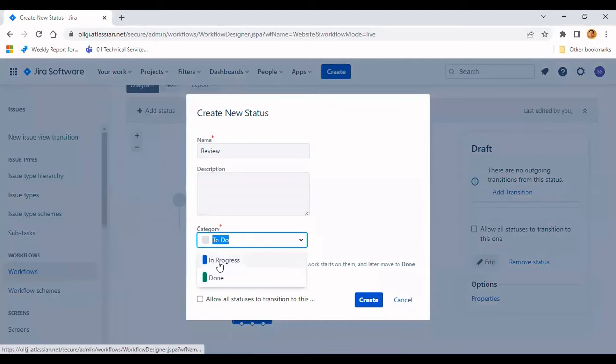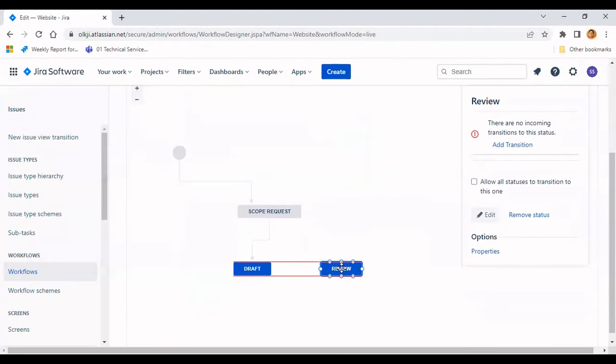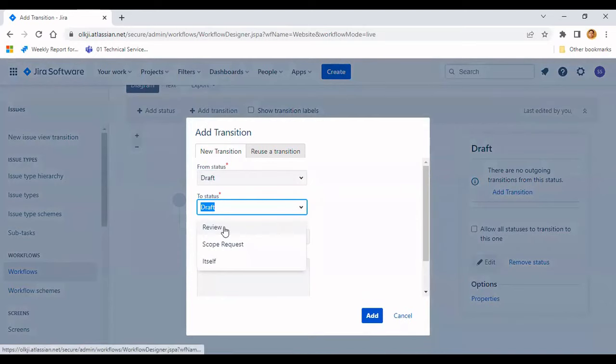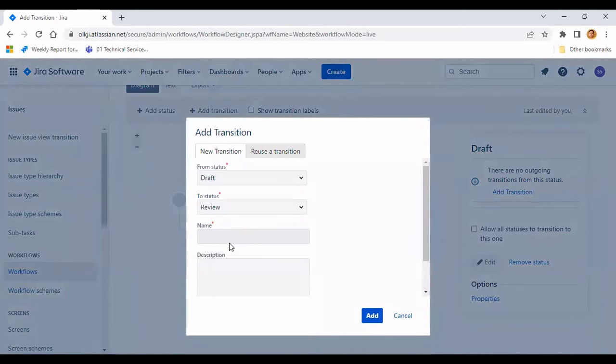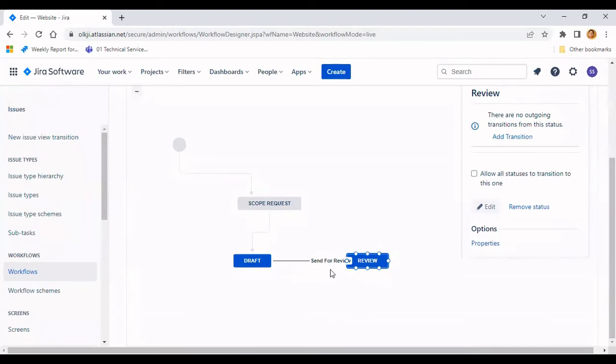Now it's asking for the category, so we will just put under in progress and we'll create. So now we have a review also with us. Now we have to do the transition from draft to review. So what we'll do, we'll click on draft, add transition, draft to review. And what's the name which we want to put? Send for review. That's the name we want to put, send for review. Just click and over here. Now you can see we have a one-way transition, send for review.